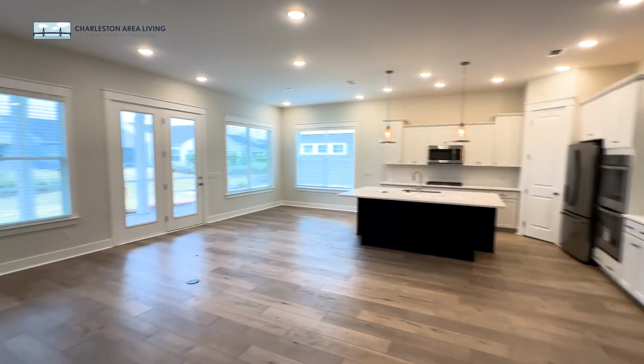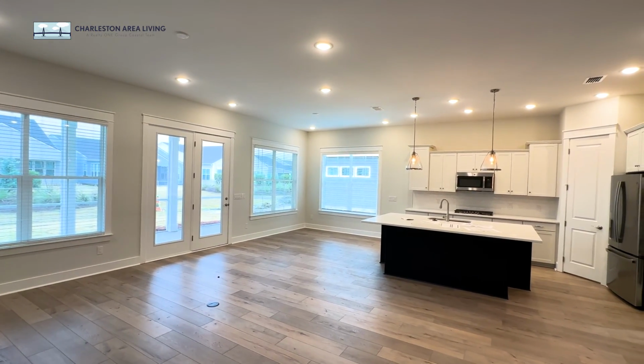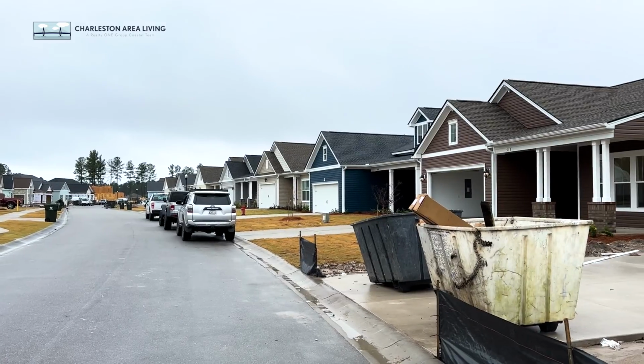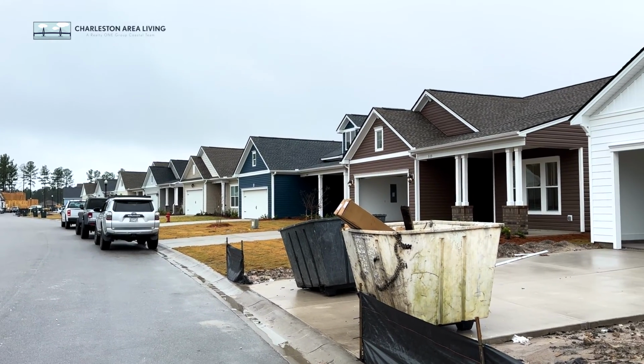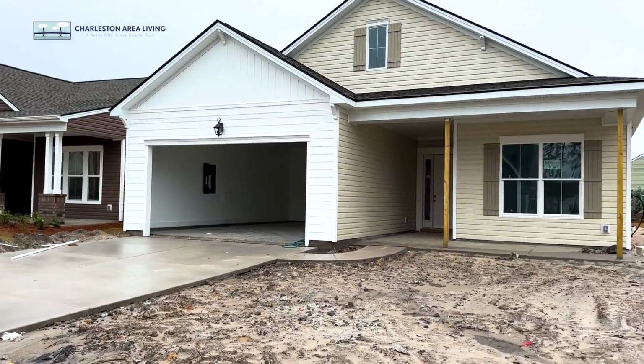So this is it, the Dorchester. Be done in about 6 weeks, I would guess. I'm out here on one of the streets that has a bunch of these spec homes being done. You'll see there's just homes here in all different,